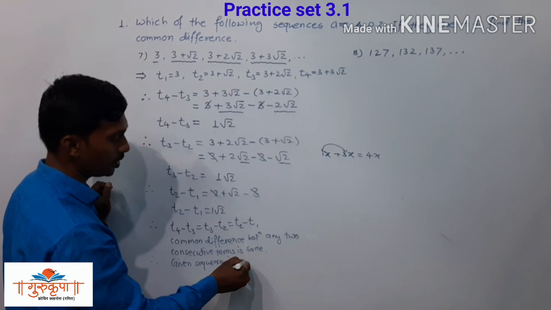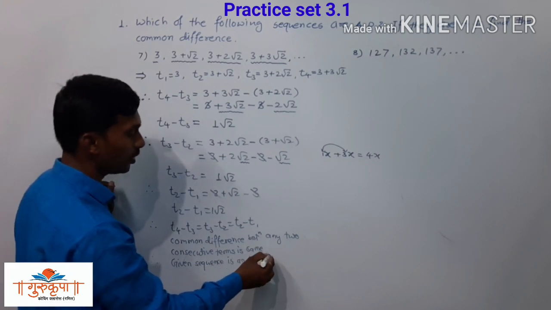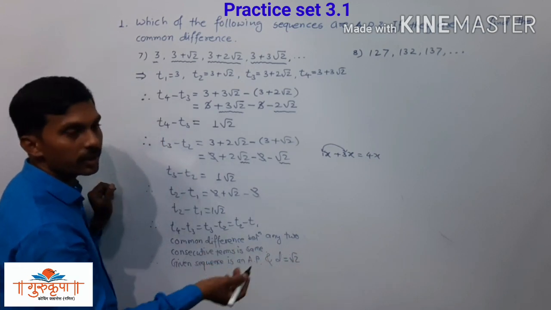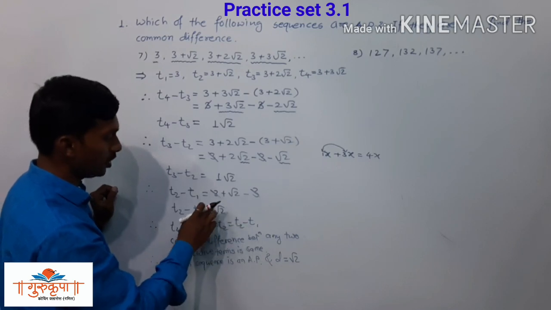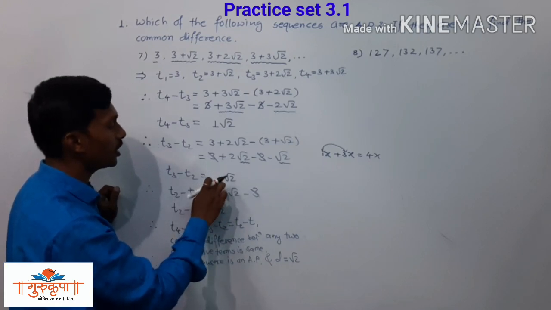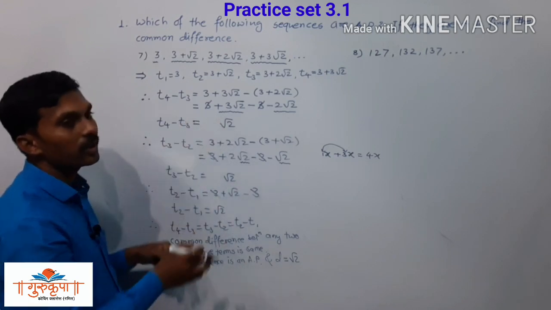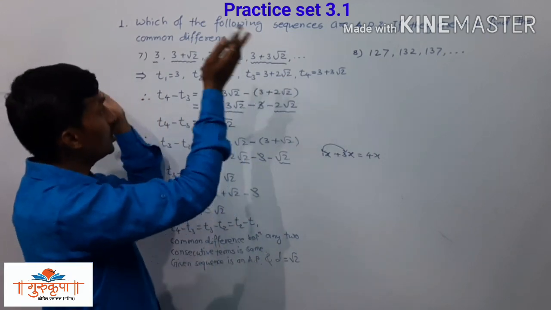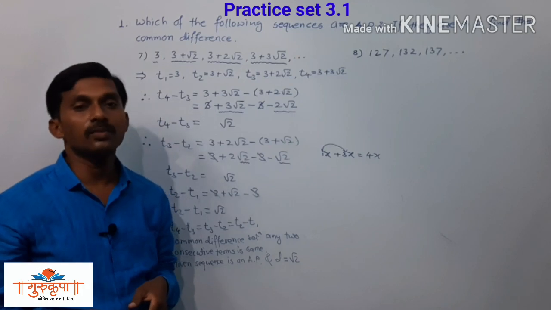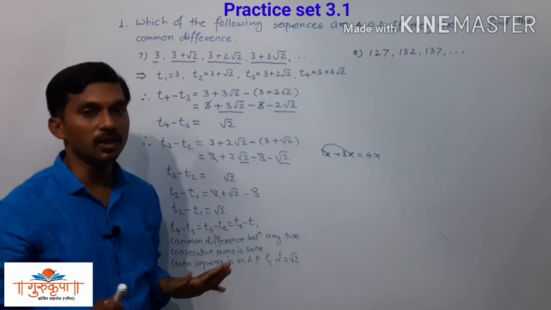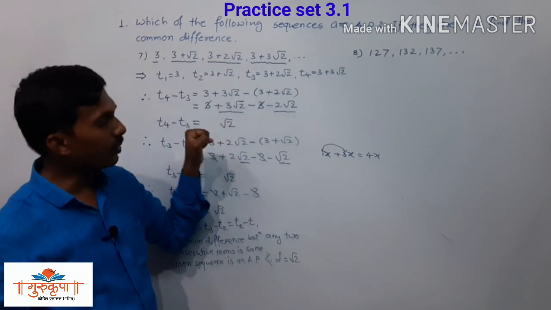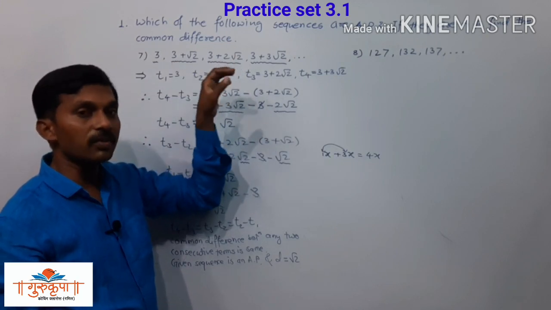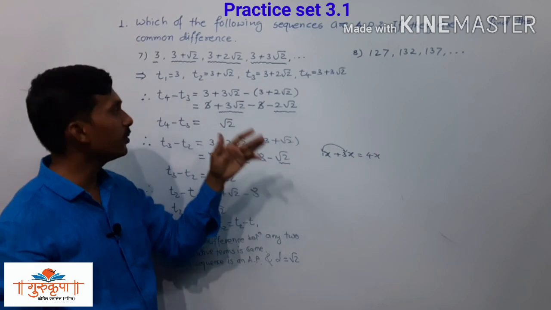The given sequence is an AP and D, the common difference, is equal to root 2, or we can write it as 1 root 2. No need to write this 1. If the coefficient is 1, it is not necessary to write that 1 there. So we can erase that 1 from each and every term. So the common difference is root 2. Since the numbers in the sequence are irrational numbers, we have to take care about the calculations only. The method is the same. We have to use the same method everywhere while determining whether the given sequence is an AP or not.